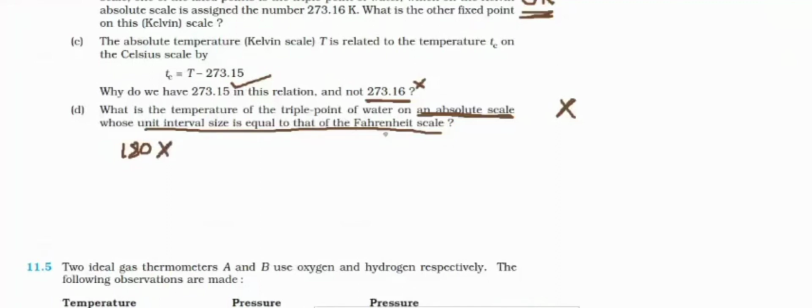Then part D. What is the temperature of the triple point of water on an absolute scale whose unit interval size is equal to that of the Fahrenheit scale? We have a new absolute scale of temperature. And what is the speciality of that new scale? Its interval size is equal to the Fahrenheit scale. In the Fahrenheit scale, the steam point and ice point are separated by 180 equal divisions. Let us call the new scale X. In the new scale, between steam point and ice point, there are 180 equal divisions, as in the Fahrenheit scale,